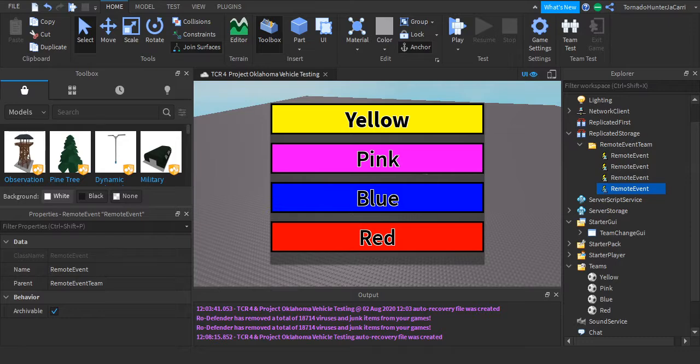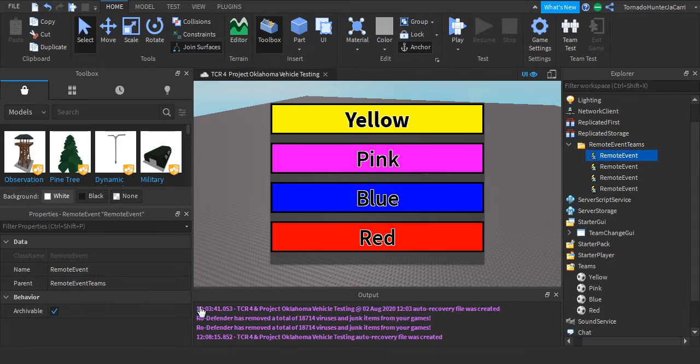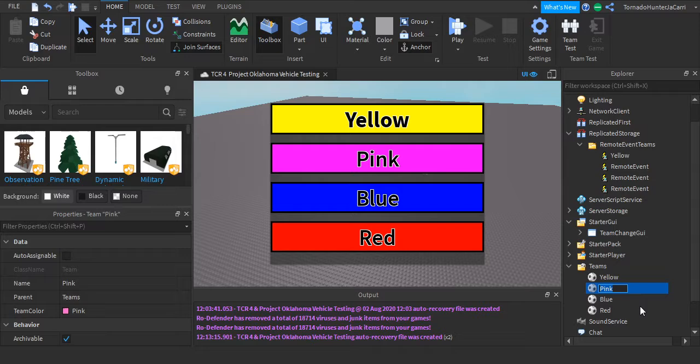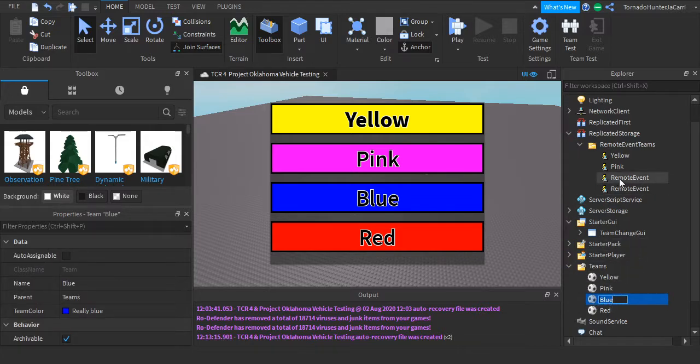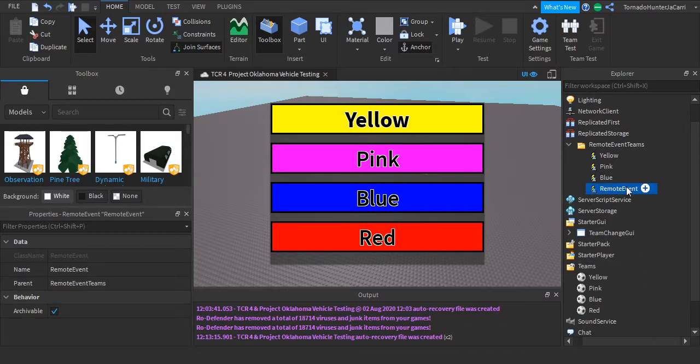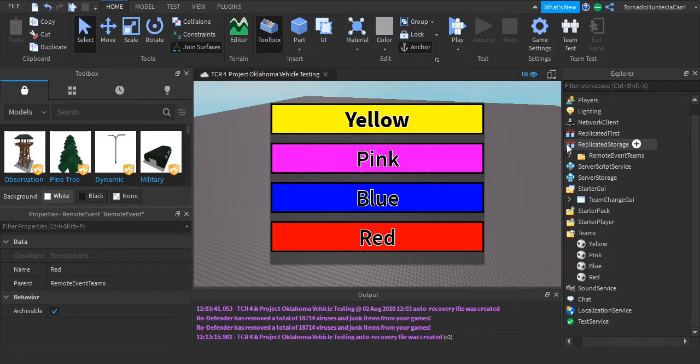Each remote, like I said, the remote events are important. While I'm on the topic of remote events, one thing I want to make clear: there's an exploit, I forgot what it's called, that can tap into remote events. So make sure your remote events are secured. Otherwise, if an exploiter joins, they could just tap into remote events and destroy your game. So it's very important. Let's do that. Then you want to name the remote events basically the same name as the team. But yeah. So now that we've got the remote events named,